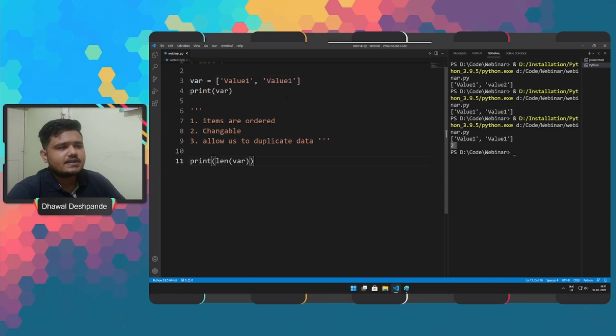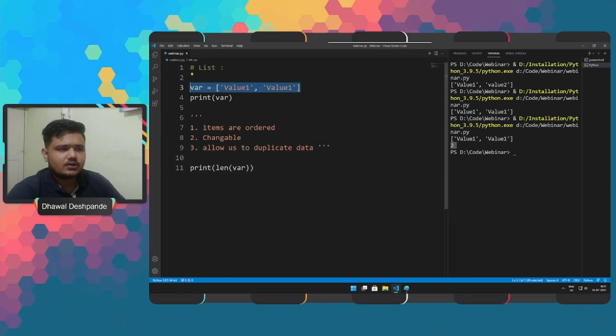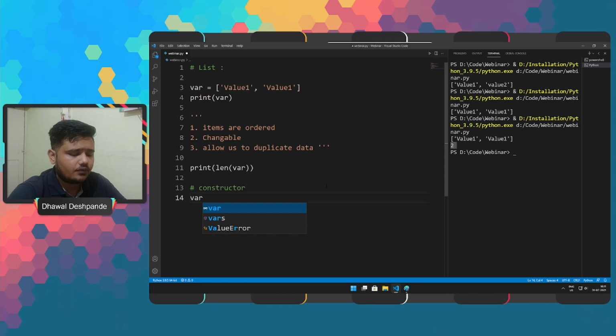Secondly, as we have discussed, this is the syntax, or this is how we can make a list. There is one more thing that we have to understand, that there is a constructor using which we can create a new list as well. So let's see how we can do that. We will take a variable, then we will use the constructor, which is list.